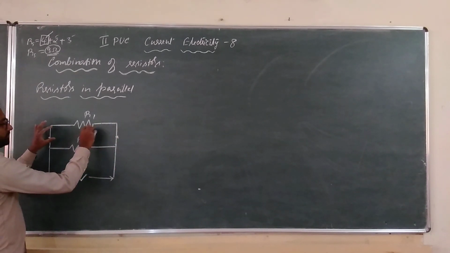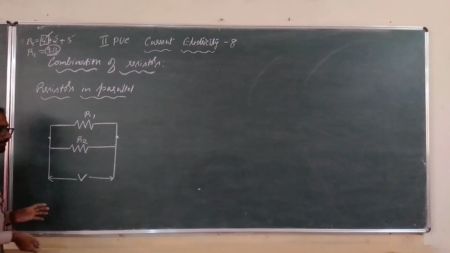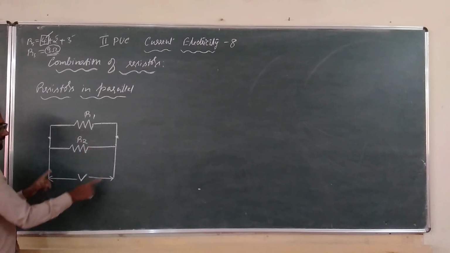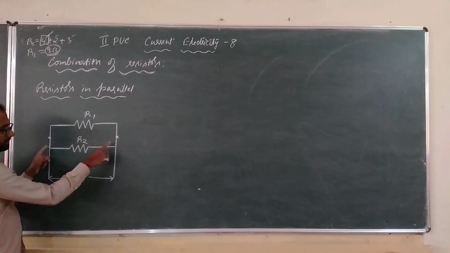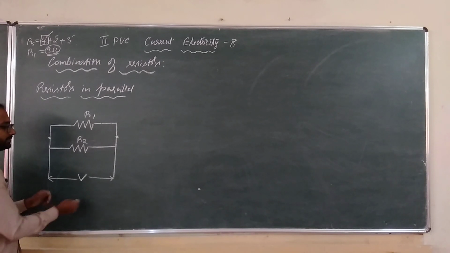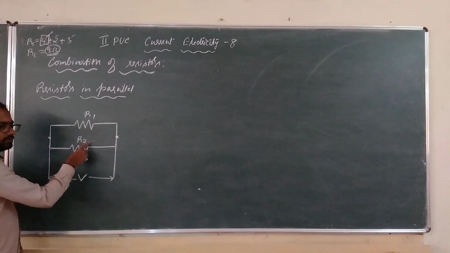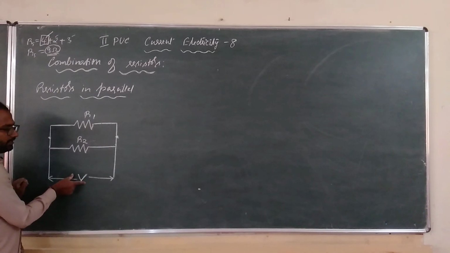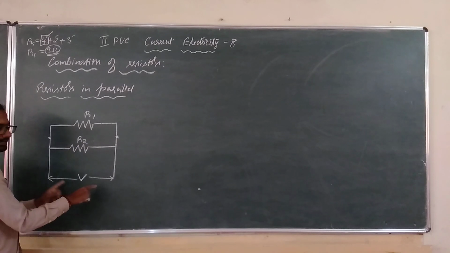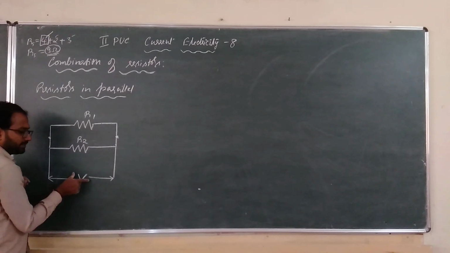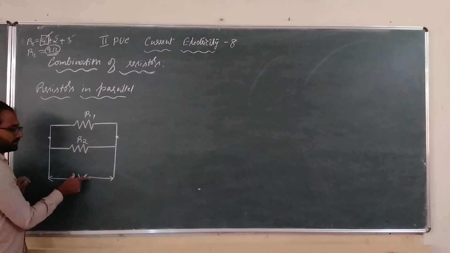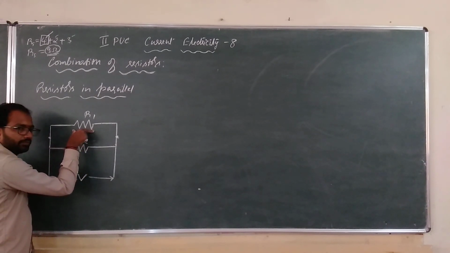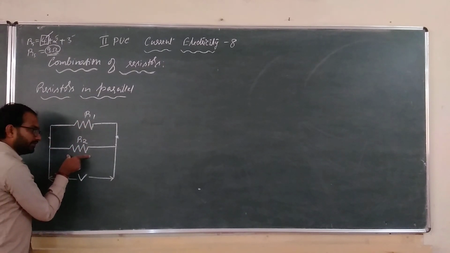Two resistors are said to be in parallel if their two terminals are connected to two separate common points such that if a potential difference is applied across the two common points, the same potential difference appears across each resistor. So the potential difference you apply here is V. This combination is connected to a battery or cell, so the potential difference of the cell is V, the applied potential difference. That potential difference appears across each resistor. The potential difference here is V, and here it is also V.